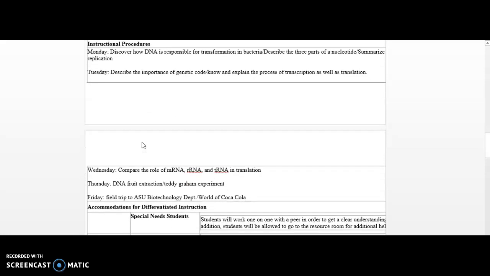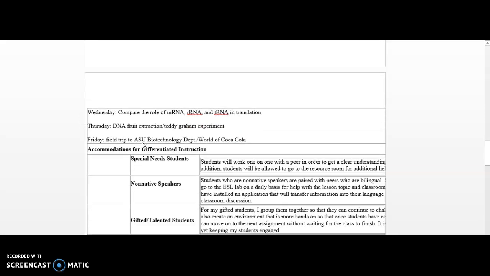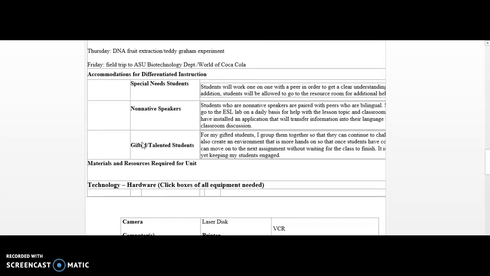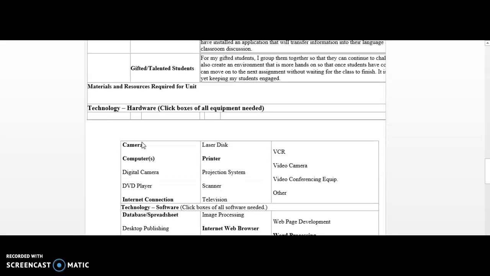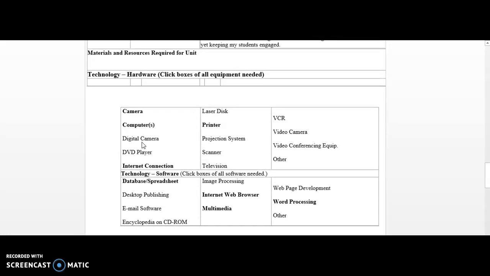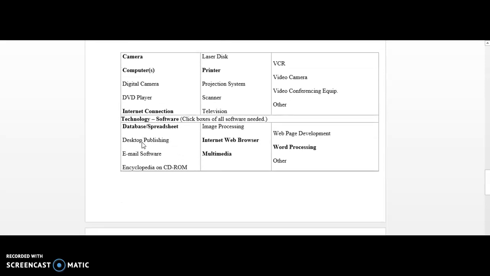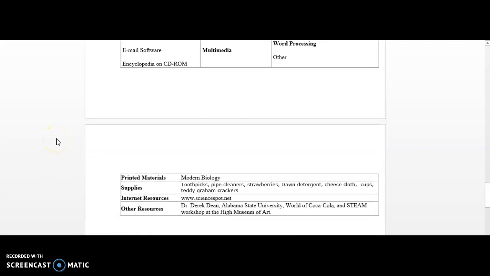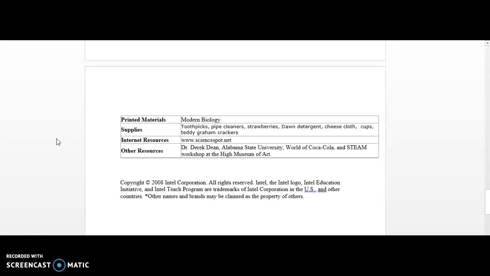So the instructional procedures for the week are listed here. Accommodations in terms of special needs, ELL, gifted, talented students, technology or hardware that would be used, and how it could be integrated into the curriculum. Lastly, are the other resources, the course of printed materials, supplies that would be needed, internet resources,